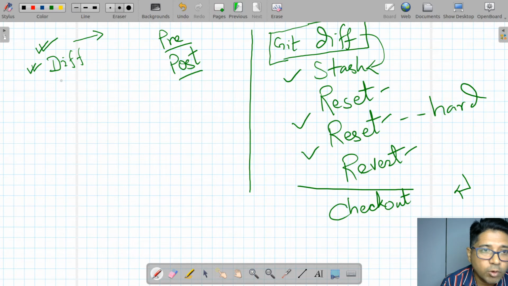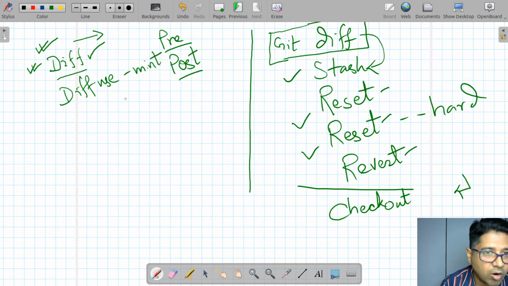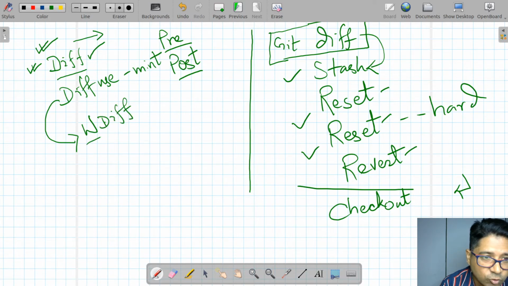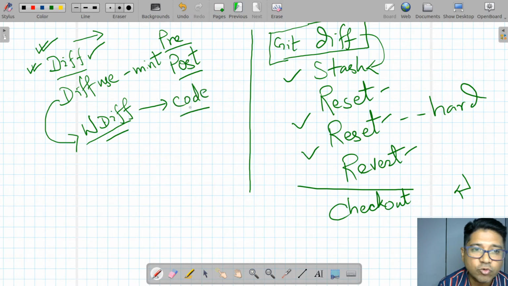We will first explore all kinds of diff. So we know the default running diff. Second, we're going to see diffuse, which is only for Mint, not running on Ubuntu. Then, as a solution to diffuse, you have wdiff, called word diff. That's very useful for coders, because it compares and shows you the difference word-wise, not even line-wise, every word that differs,